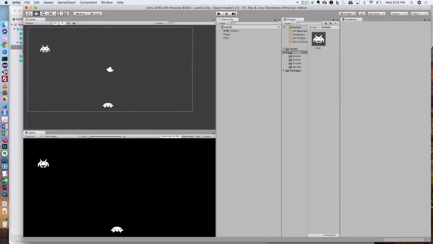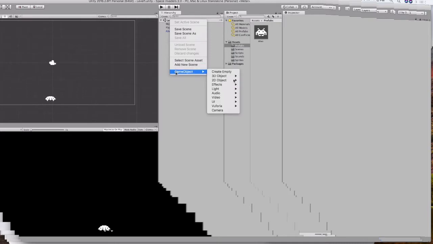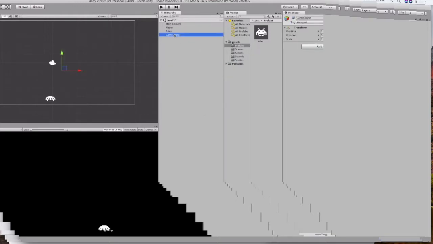And to create a subfolder, I'm going to right-click on level and Game Object, Create Empty. So essentially an empty game object is a game object that doesn't contain anything. And sometimes they're used for organizational purposes, just like folders. So I'm going to create an empty game object, and I'm going to call it